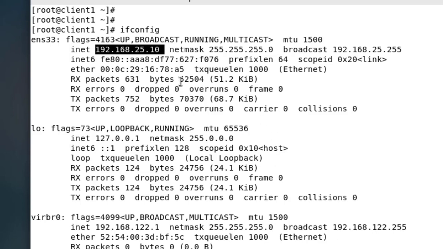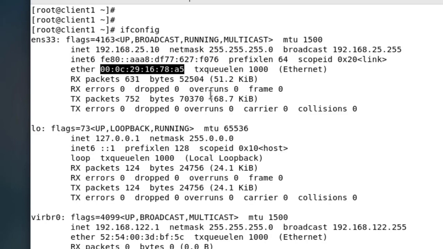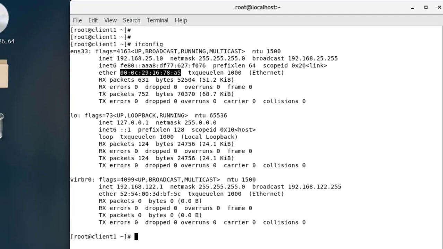So for that, we can only do this by knowing the MAC ID. When this MAC ID comes to the server for an IP request, it will automatically assign the fixed IP that we already set up. So to do that we need to know the MAC ID of this client, and this MAC ID is right here. This is the Ethernet and this is the MAC ID. Just keep it here. We need to make a small change in the configuration file of the server.